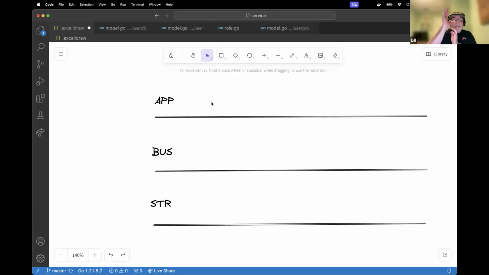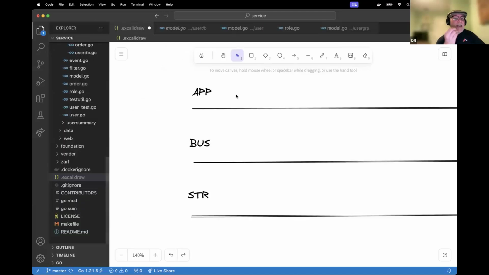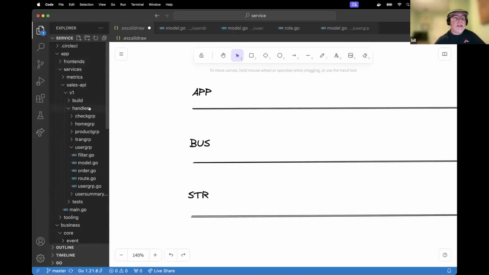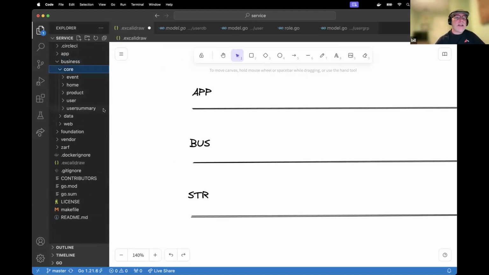Again, not to solve some technical problem, because we're about to add complexity. It's to solve a human resource problem, a programmer problem, in that sense. So let me share with you now how the domain-driven side comes in when you need it. So here's the idea. We look at the data that we're going to be managing in this application. In this particular case, if I look at the different core packages that we have,